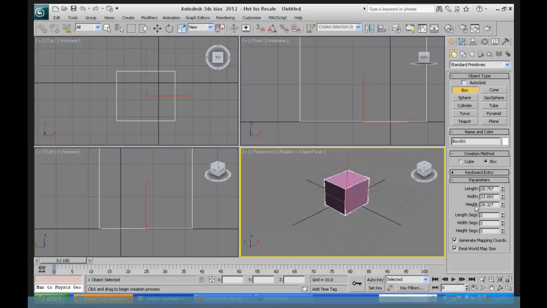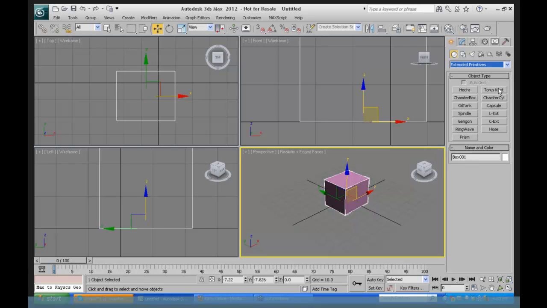Okay, so that's modeling with primitives. There are many different kinds of primitives, and each of these primitives has very unique and different settings. I'm not going to go into each and every one of them. In addition to these primitives, if I click here, there are extended primitives, and there's a whole bunch of these too. We'll look at some of those a little bit later on in the class, perhaps. But I'm going to go back to standard primitives, and I'm going to talk about one other thing, which is